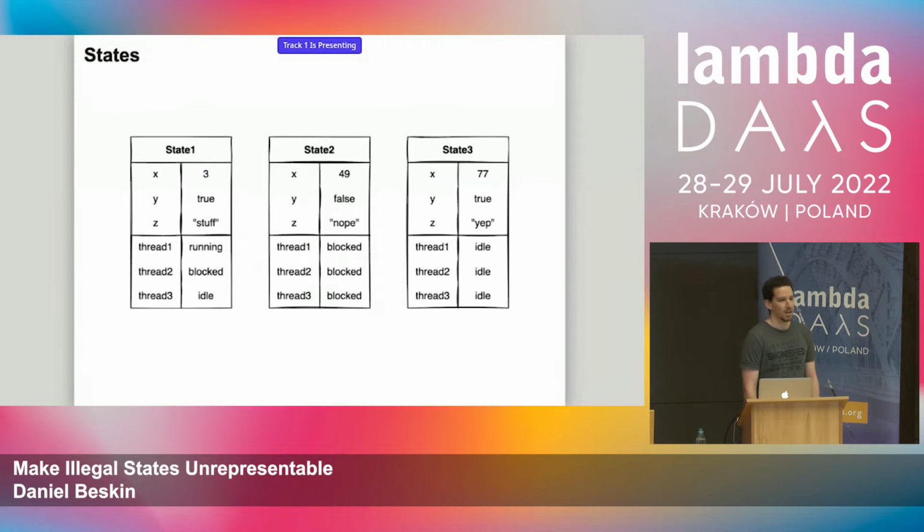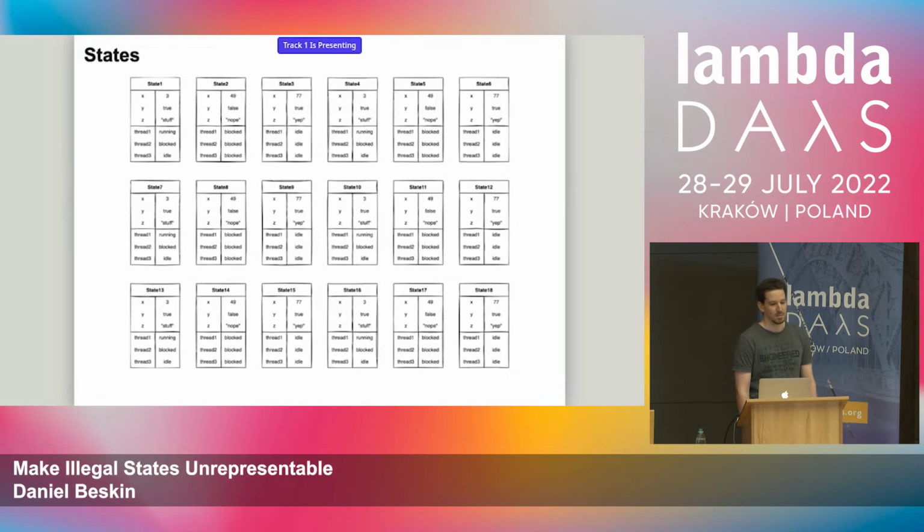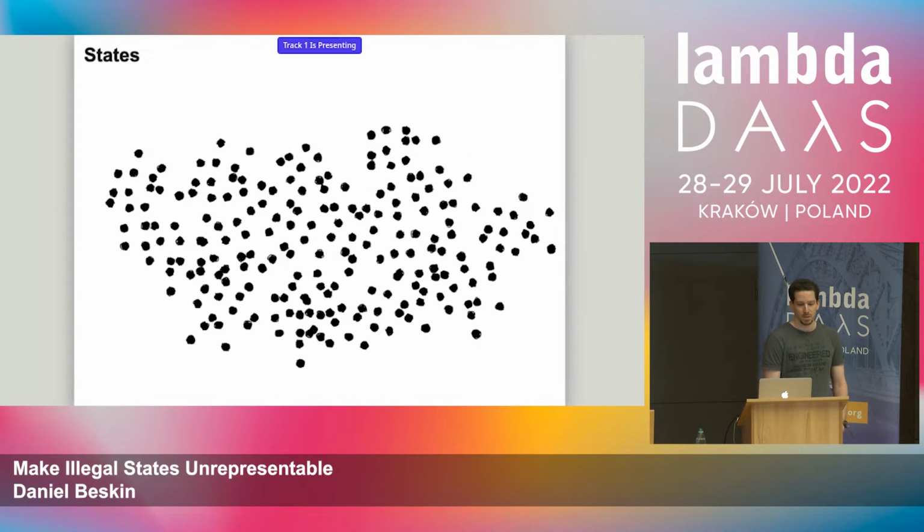Obviously, a real system will have many states. But for the purposes of this talk, we're going to zoom out from the details of registers and threads and the like, and just have a conceptual picture of the different states of the system. This is our program's state space: all the different states it can find itself in.